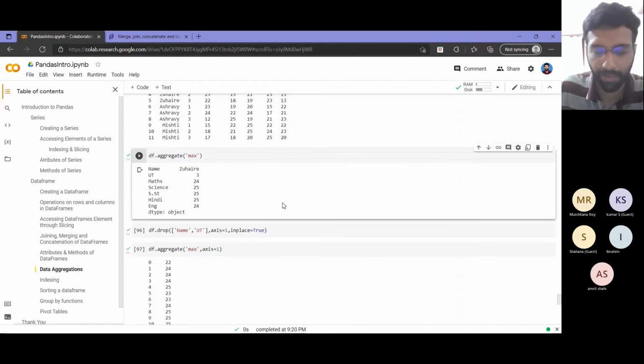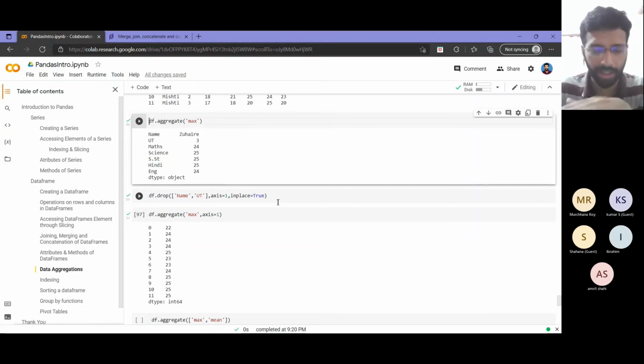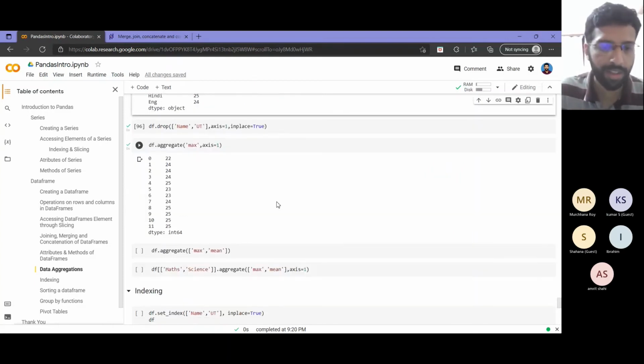That may confuse you if you don't keep it in mind. So always think axis equal to 0 for rows, axis equal to 1 for columns. When you do aggregation with axis equal to 0, you are making it a single row. With axis equal to 1, you are making it a single column. So always keep this in mind.